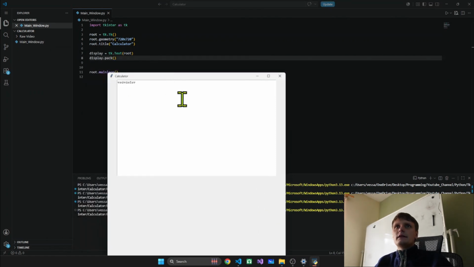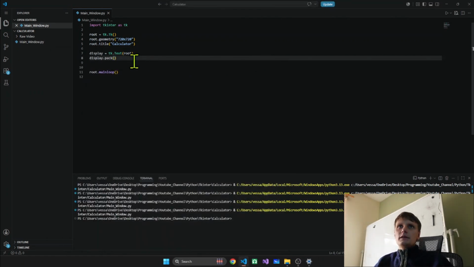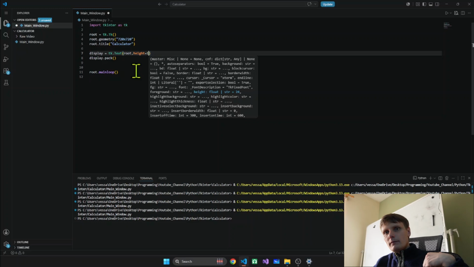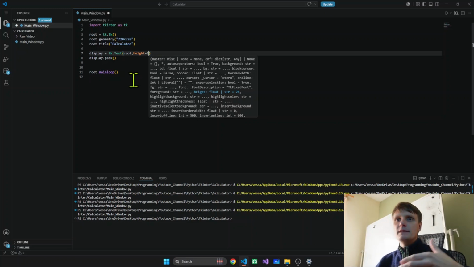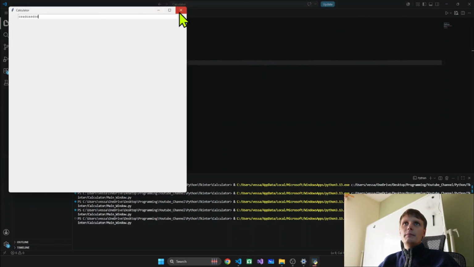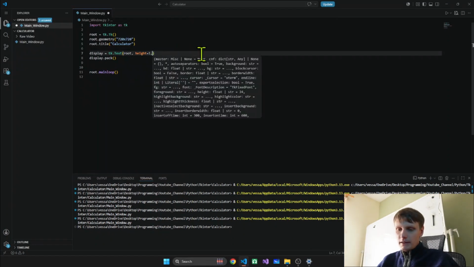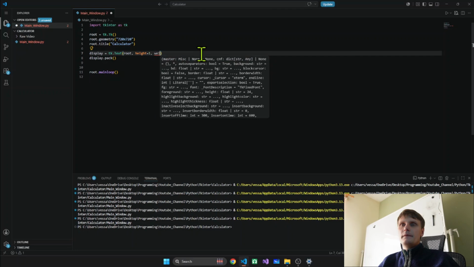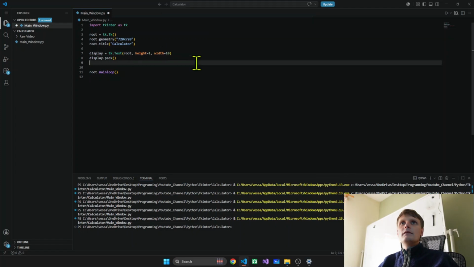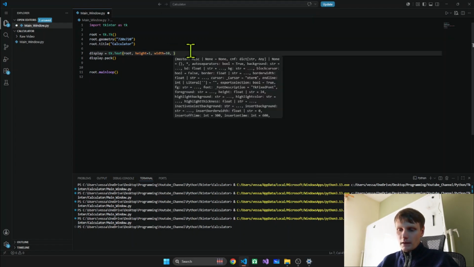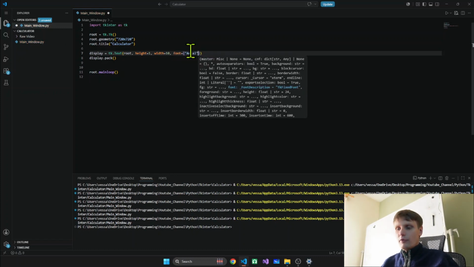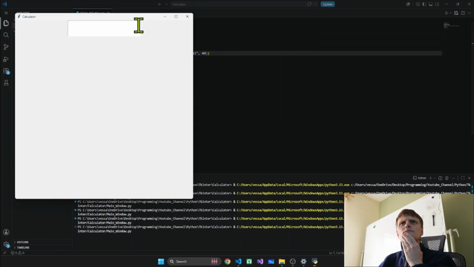So we have created a text box. Obviously I don't want it to be so tall or so big, so I say height, and I want just one line. So height 1 means one line. Now when I run it, voila, we have it on the top. I also want to determine how many letters I will be able to add, so I say width, let's say 10, and I also want a different font, so I say Arial, and let's go for 40. I want to have it big. So now when I run it,